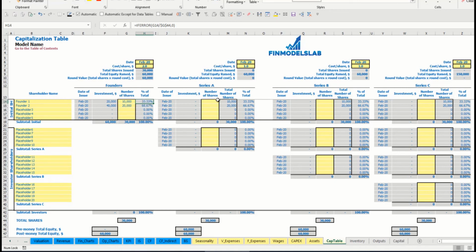67% of shares. So let's pretend that for Series A we have one investor and the date of issuance is May. Cost per share is $5 per share and number of shares is 1,000. So total amount of investment will be $5,000. You may see that before the Series A total equity was $60,000, after $65,000, and investor 1 will have